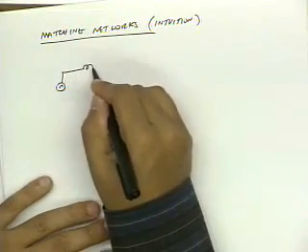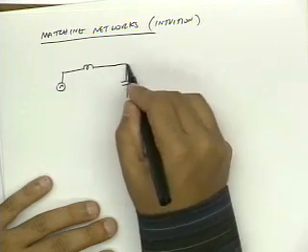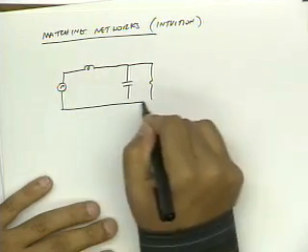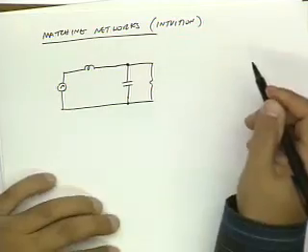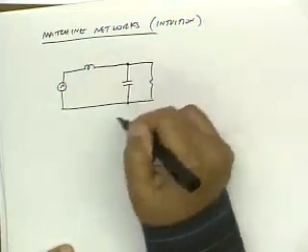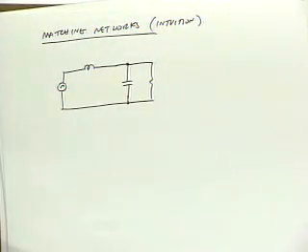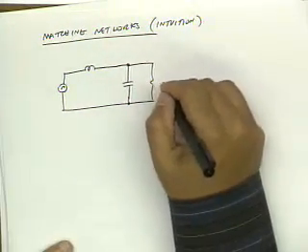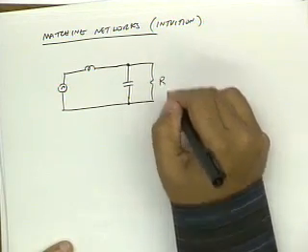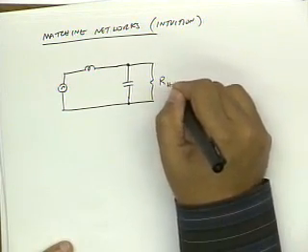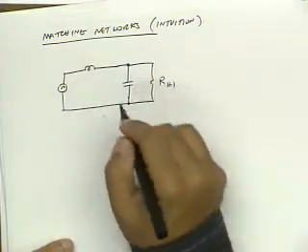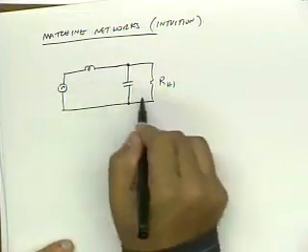So let me think about this in a slightly different way. If I look at this circuit here, okay, let me make sure that I got the intuition right before I try to give it to you guys. So this is R high, and